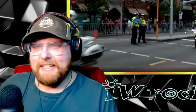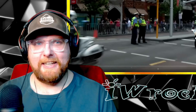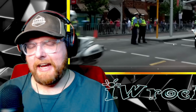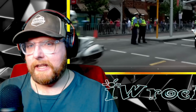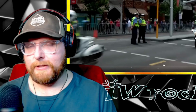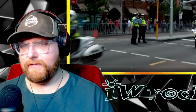I get fascinated by vehicles and stuff like this in other countries, especially Australia. I've covered quite a lot in Australia, but I haven't seen a motorcade. Now, keep in mind, this is a little on the older side. This is from 2011, so that might reflect in the vehicles we see. This wasn't like this year or something, and this was for a big meeting, Commonwealth Heads of Government meeting,